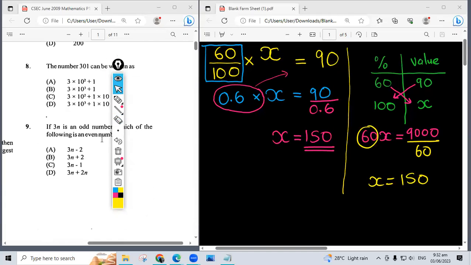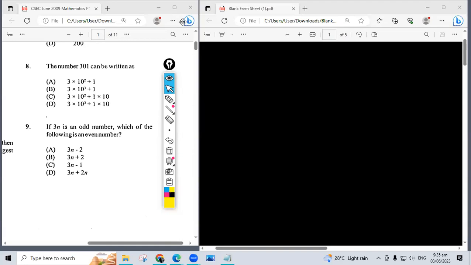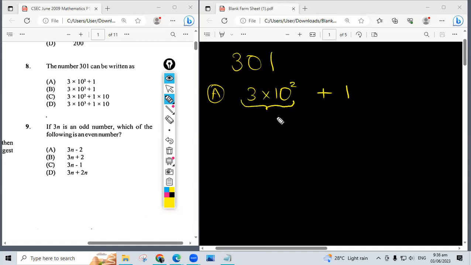All right, 8 and 9. Good luck. Over the course of a couple Saturdays, right? 301. All you need to do is work out these values. Won't the answer be A? Because A is which one? 3 multiplied by 10 to the power 2, plus 1. Remember, call it the BODMAS. You do the multiplication first. 10 squared is 100. We all know 3 by 100 is 300. If you add 1 after, you're obviously going to get